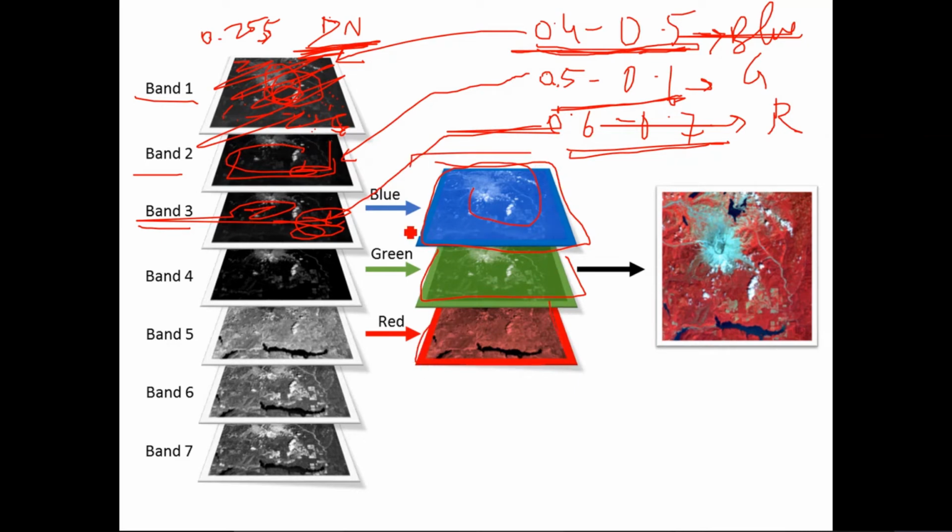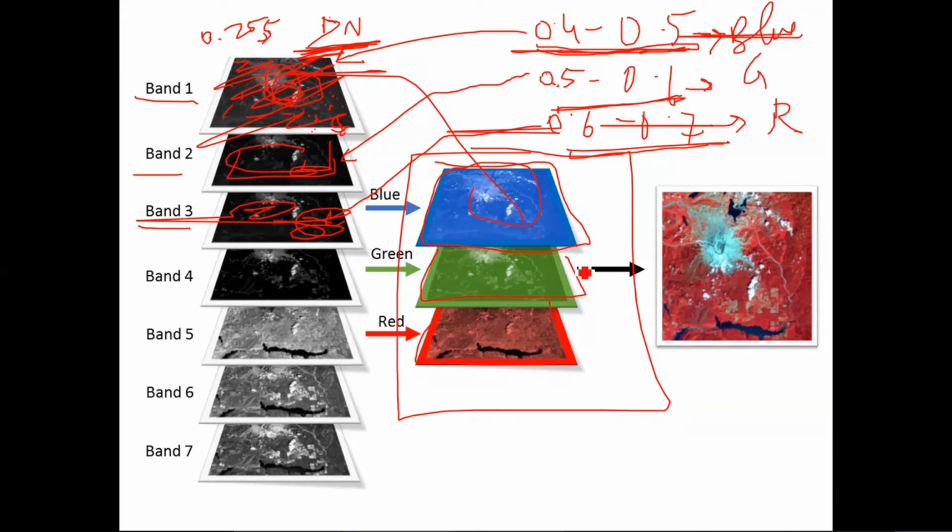Now if I merge these three, whatever I can perceive is a combination of these three colors. So if I assign these colors exactly to the same bands, the image that I observe will look like what I can see with my own eyes. It will be a true representation of the colors in that particular area. Yes or no? Is that clear now?